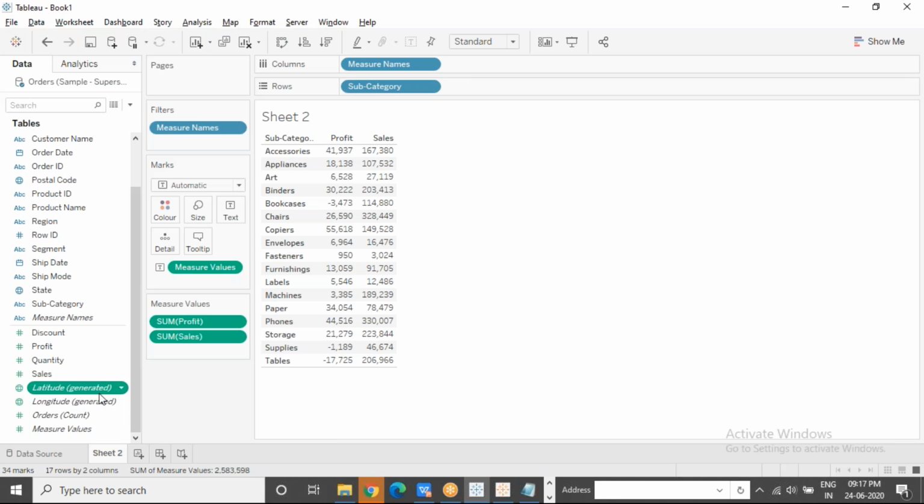Latitude generated, longitude generated. Now these generated fields actually have an italic font, right? Italicized. You can see they are slanting. That is how we distinguish between a generated field and a normal field from the data source. So measure names is a field that contains the names of the measures. Measure values is a field that contains the actual values present in those measures. Count is the number of orders, number of records. Latitude and longitude are the coordinates for the places which Tableau recognizes. Okay, these 5 things are called generated fields, of which we will be looking at measure names, measure values,